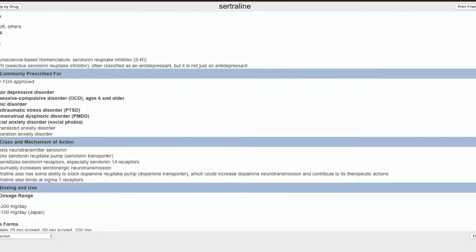On my screen here, I brought up the basic information on sertraline, also known, of course, as Zoloft. It's the part that gives us the Welloft portion of the name. So Zoloft is an older medication, very commonly prescribed, both in psychiatry as well as in primary care for treating a lot of different disorders. So if we look here, you can see the brand name, of course, is Zoloft, and it is available now in generic form. And it's an SSRI. I've talked about these things in the past, but that's a selective serotonin reuptake inhibitor. It's commonly prescribed for things like major depressive disorder, obsessive compulsive disorder, panic disorder, PTSD, PMDD, as well as social